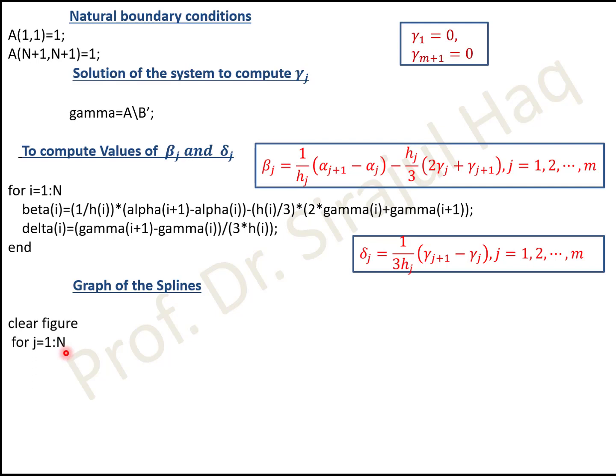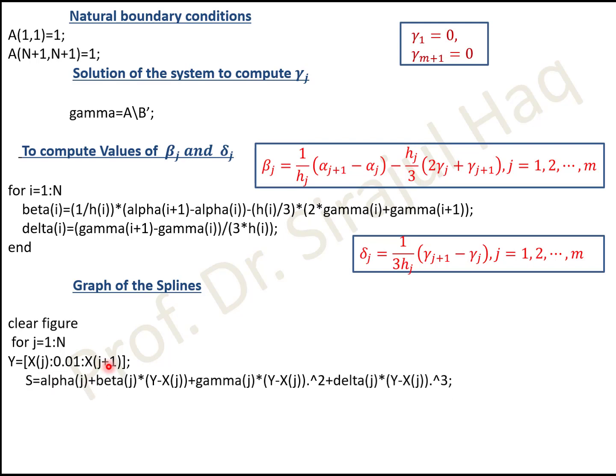So what I'm doing, there were n number of splines, so j starting from 1 up to n, and you remember that n was your m. This is your spline. What I did, I'm plotting s1 between x1 and x2. So I generated a vector. This is the step size. This gives you a vector having components x1, x1 plus h, x1 plus 2h, up to x2. And then I computed this spline.